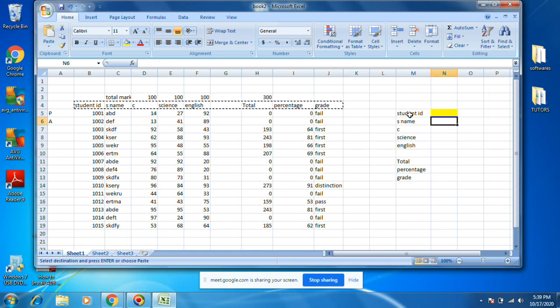Once I enter the student ID here, then everything should come. Let's see how the lookup works.